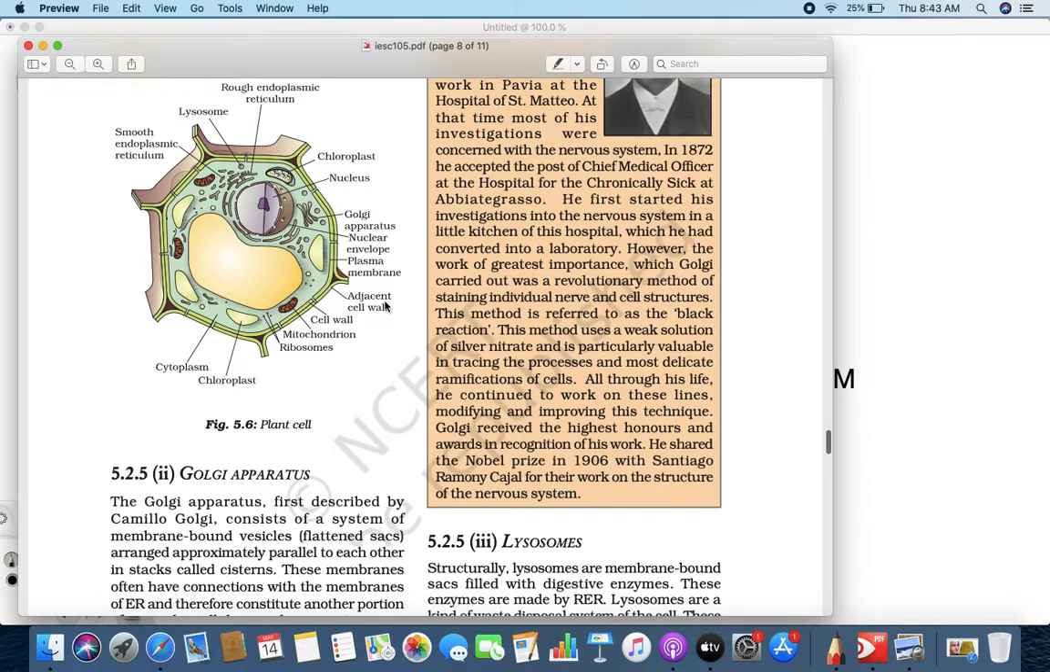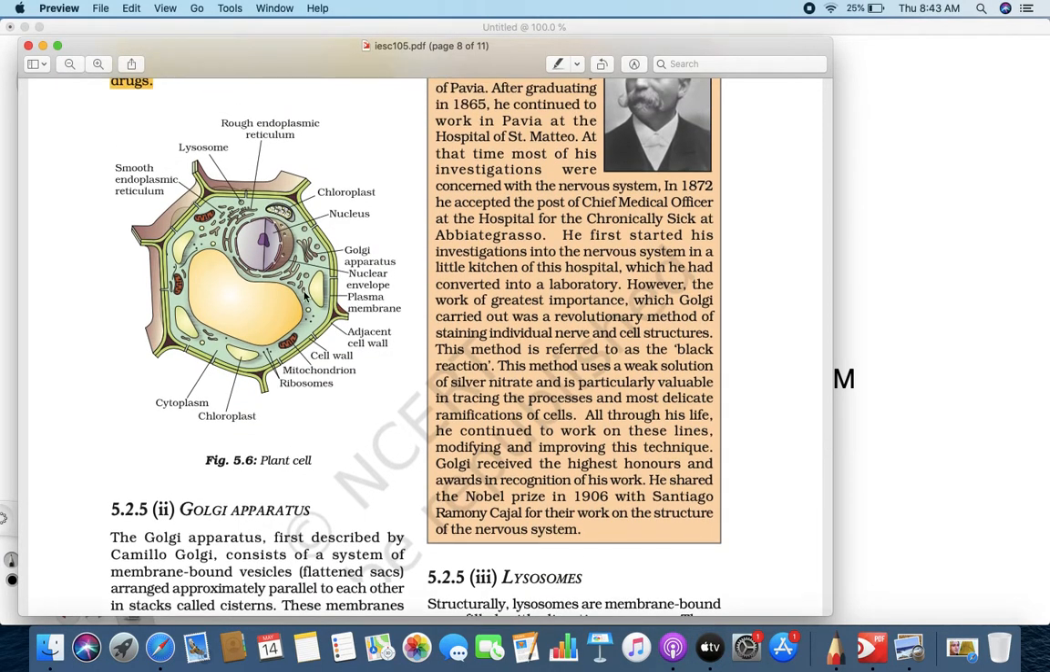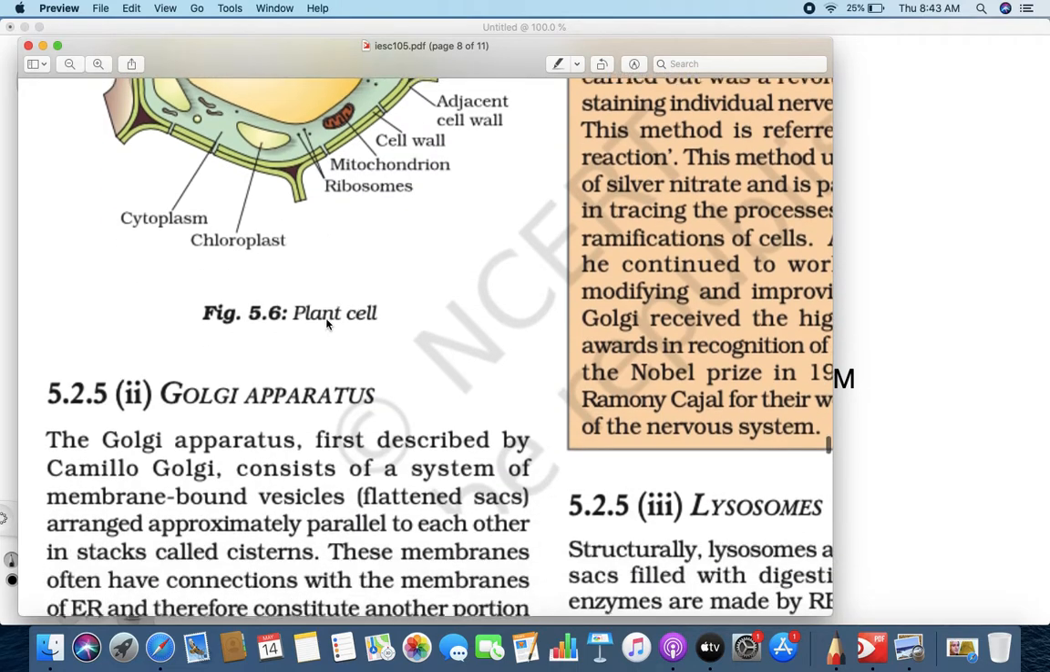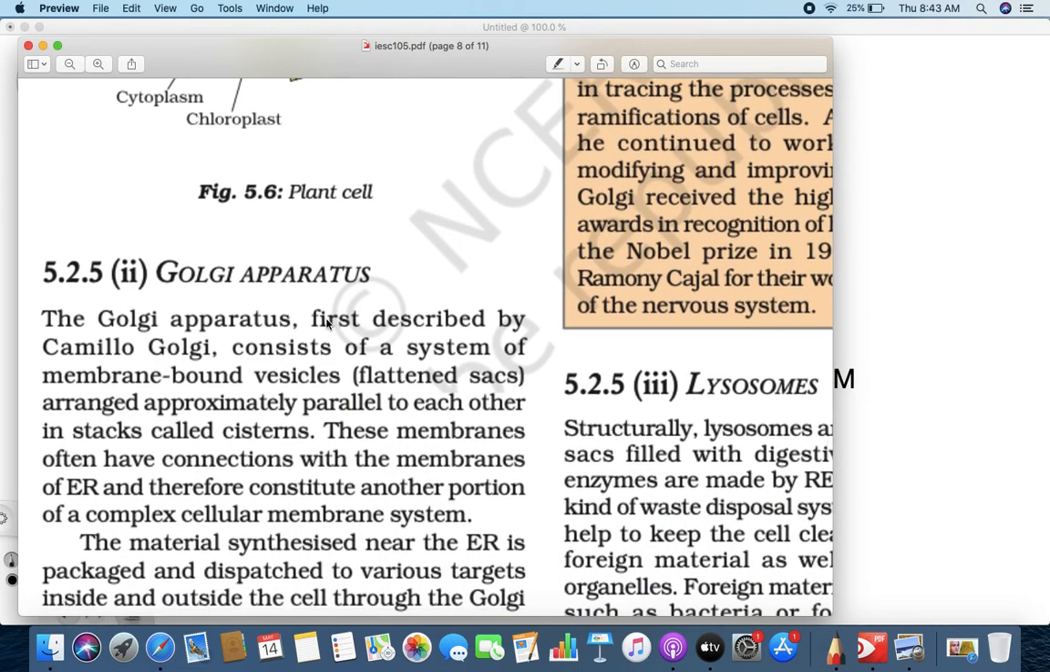The next we are talking about is the Golgi apparatus. Now see, can you see the Golgi apparatus here? These are the Golgi apparatus. It also looks like this. Okay. Now what is the Golgi apparatus? Why is the name like this? The person who first described it is Camillo Golgi,